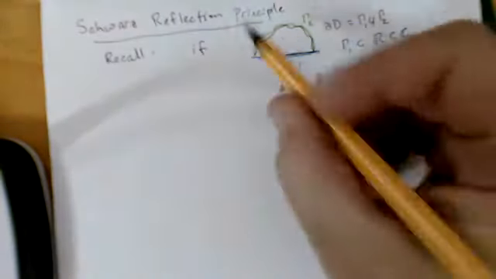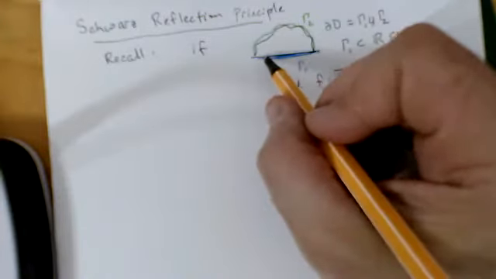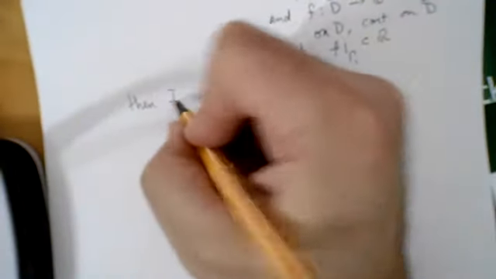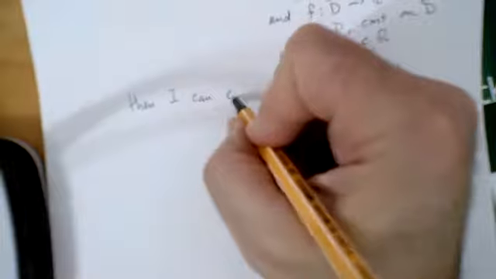I need the mapping to send one line to another line. And after rotations, I can arrange these lines to be horizontal. Right. So then I can extend